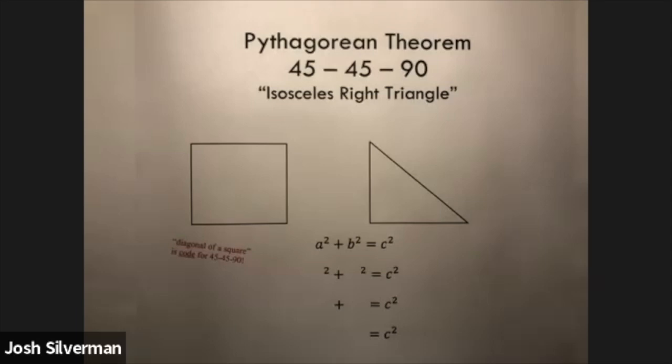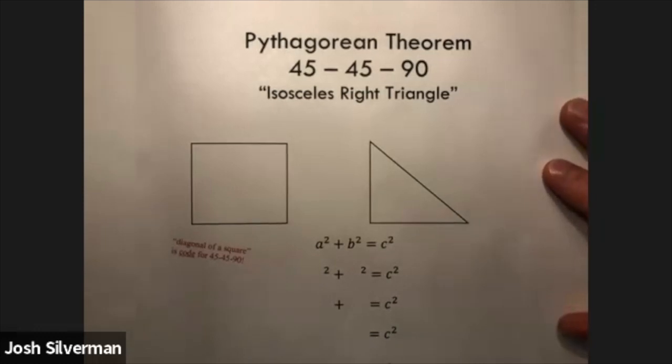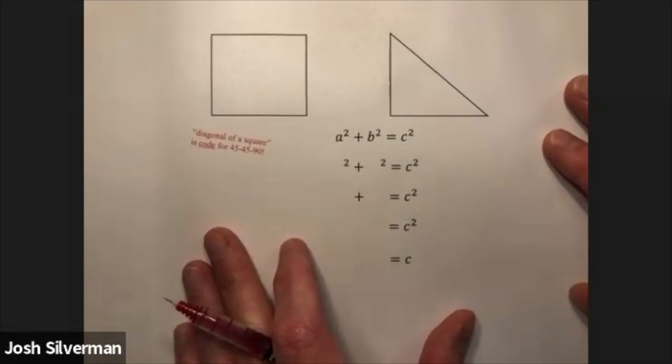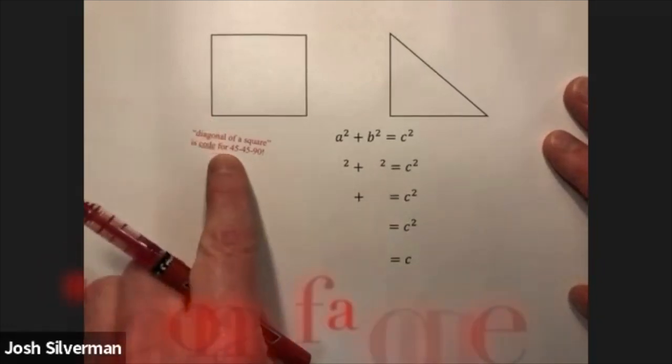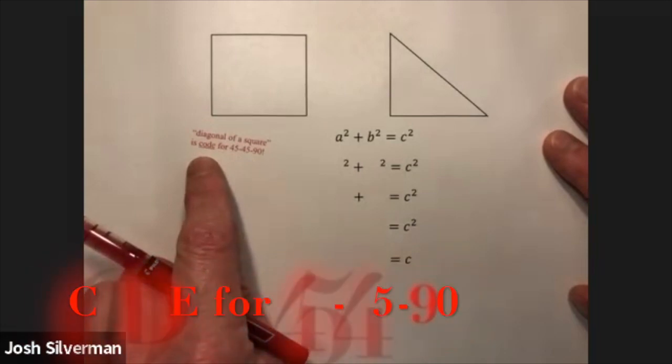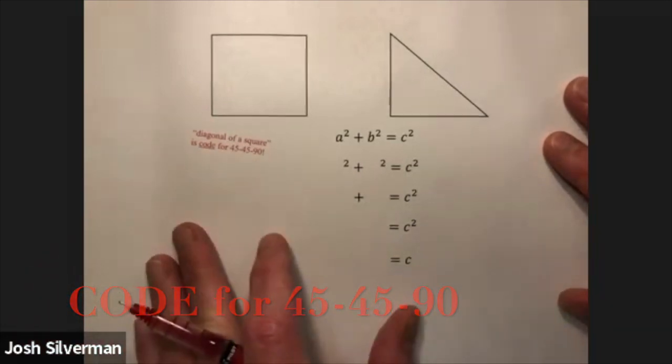Today's lesson: 45-45-90 right triangles. Let's take a look. 45-45-90 is a topic in the Pythagorean theorem. And the first real insight that you need to have here is that when you see the words or see the figure of the diagonal of a square, diagonal of a square is code for 45-45-90 because a